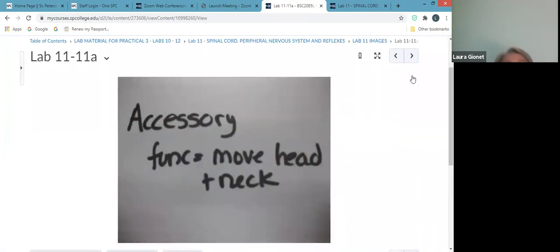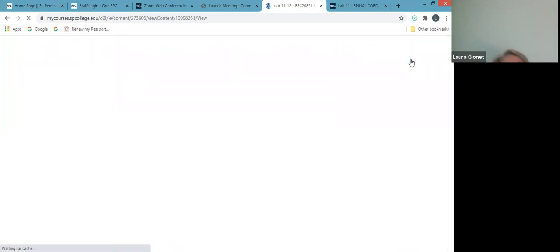Accessory nerve. It is motor to sternocleidomastoid and trapezius. So you could point to trapezius and sternocleidomastoid, or just sternocleidomastoid alone. Identify the cranial nerve associated with it. It could be accessory